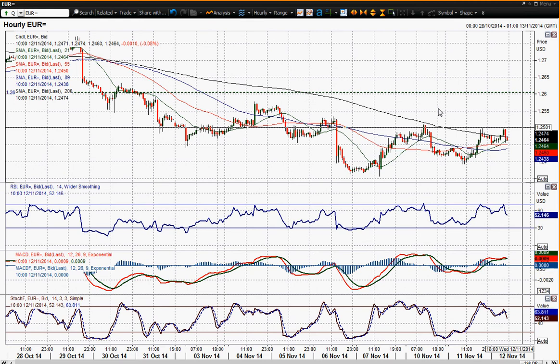Now, this $1.25 area also marks the start of a sequence of lower highs that we've got through the last week or so: 25.09, 25.33, and 25.77. And to be honest, a rebound wouldn't really be a serious rebound unless it broke above that 25.77 mark, because that is the latest key reaction high, and a key reaction high is basically defined by a move that